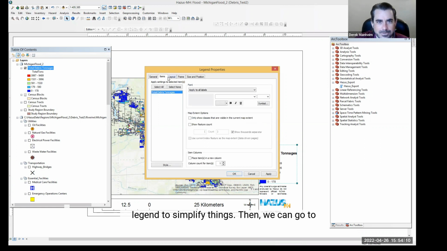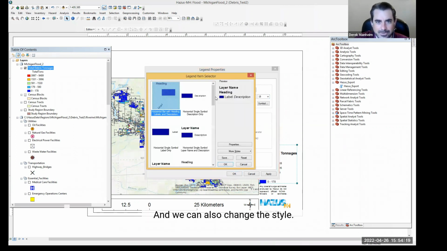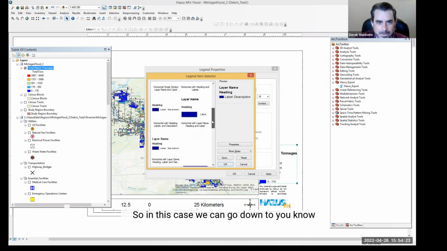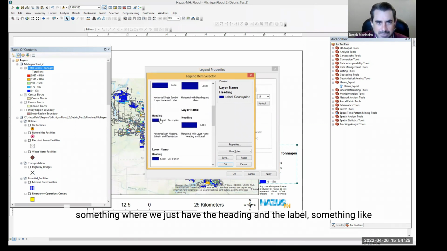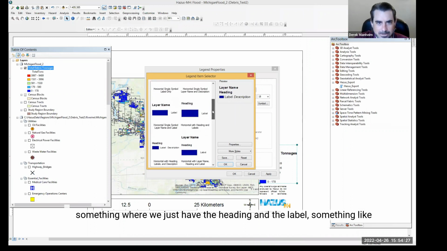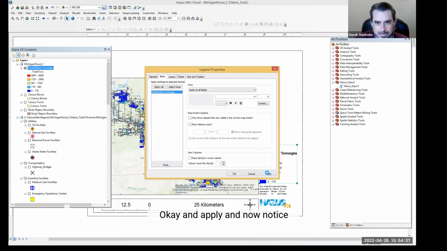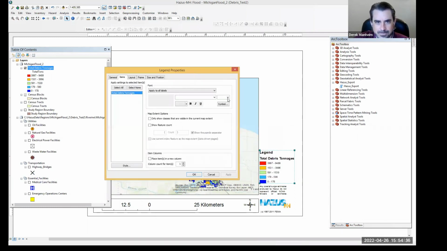Then we can go to items now and change the font, for example, to size 18. And we can also change the style. So in this case, we can go down to something where we just have the heading and the label, something like this. Set OK and apply. And now notice we want to apply the font setting to all labels.